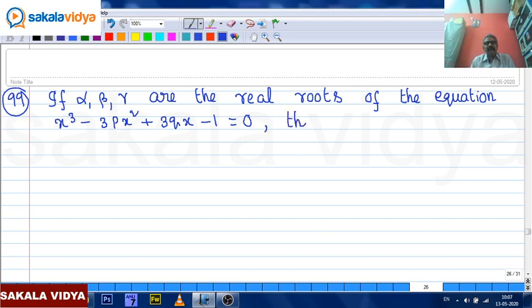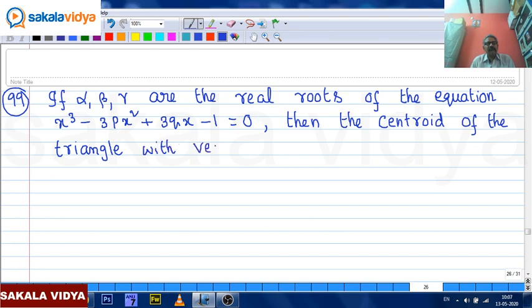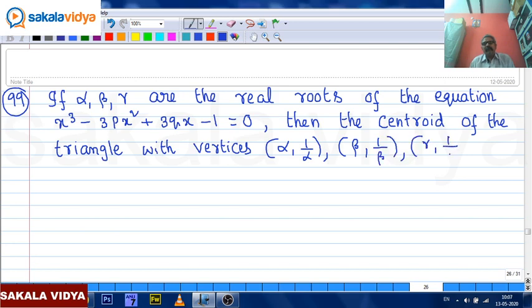Then the centroid of the triangle with vertices alpha comma 1 by alpha, beta comma 1 by beta, gamma comma 1 by gamma is